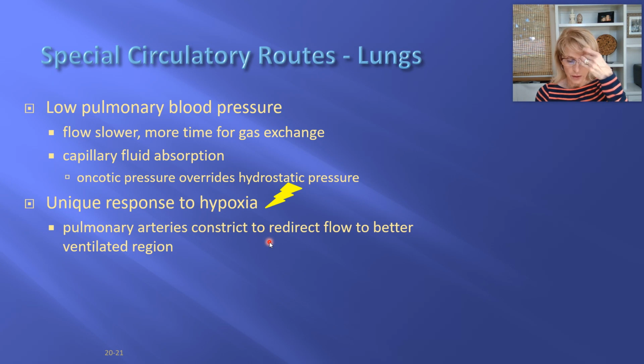Lungs are particularly relevant right now in the time of this COVID-19 pandemic. There is generally low blood pressure in the lungs, and there's a good reason for that. The system of the watery part of the blood leaving at the beginning of a capillary bed and jumping back on board at the end of a capillary bed, that's great everywhere else in the body, but it would not be good in the lungs. So in the lungs,